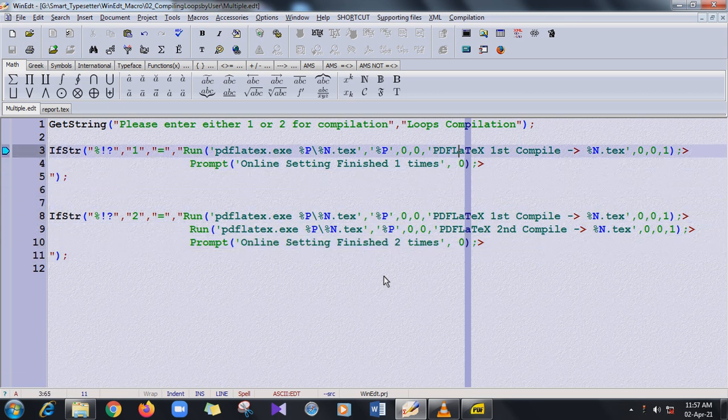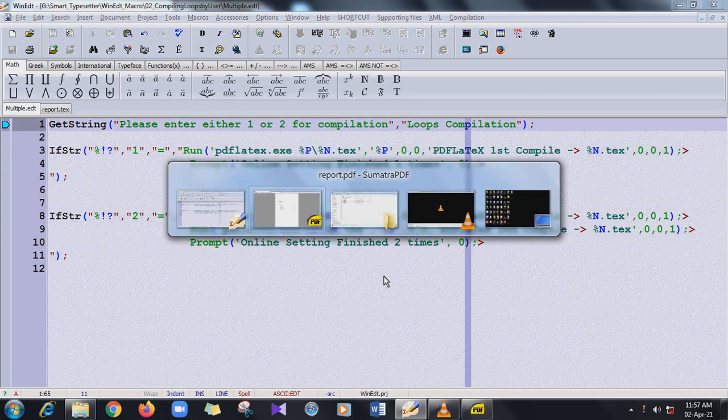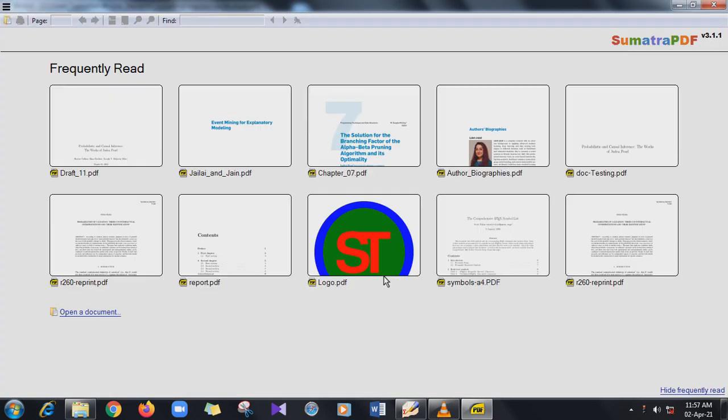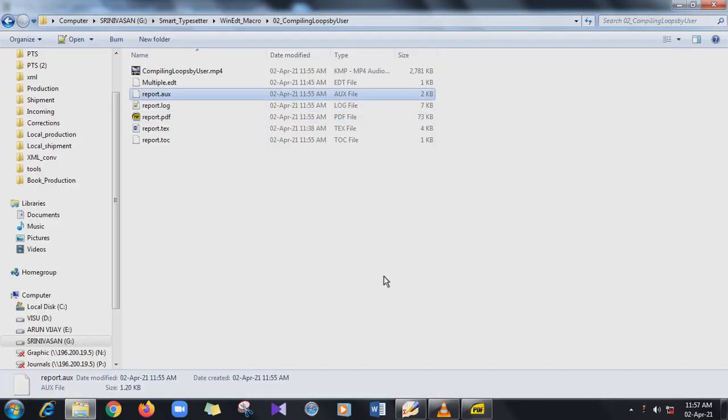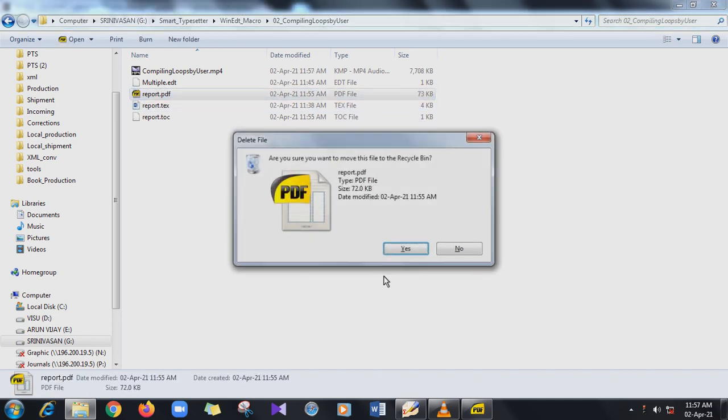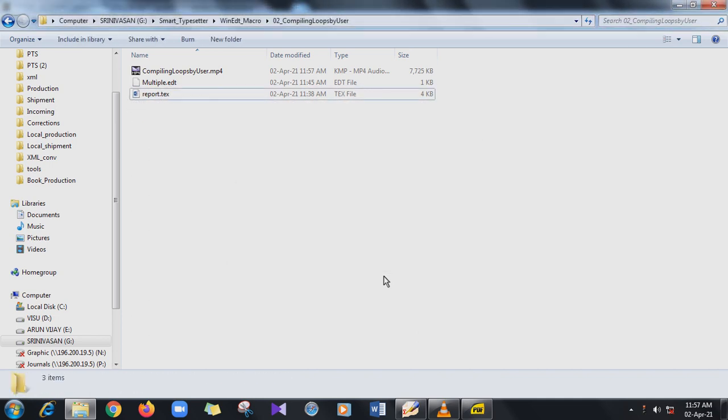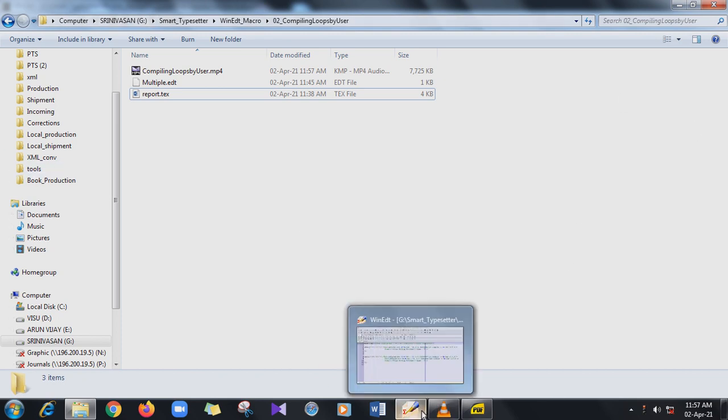Okay, now we're going to see the example here. Before that I am going to delete all the files which I executed here. So I delete aux, log, PDF and TOC. For the command, how are we going to execute?